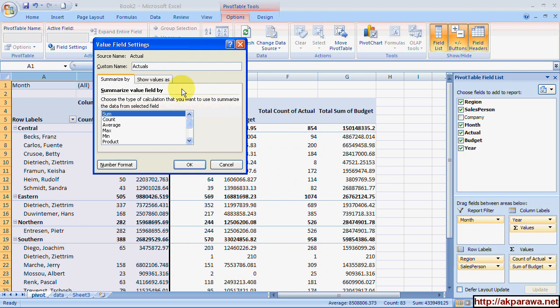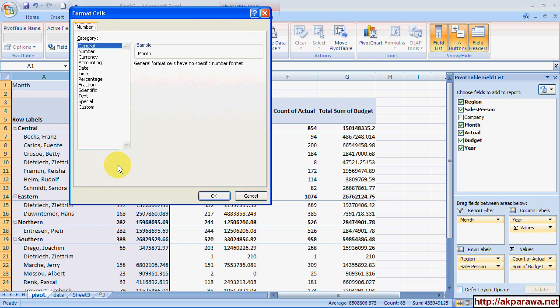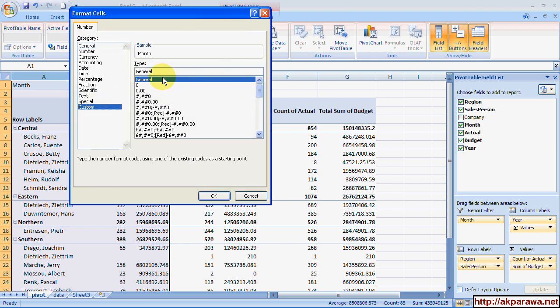Once we've got a custom name for it, we can go for the number format. I use a custom format because these numbers are in millions, or quite a large number. I tend to round them up in thousands. So in this case here, I would have,